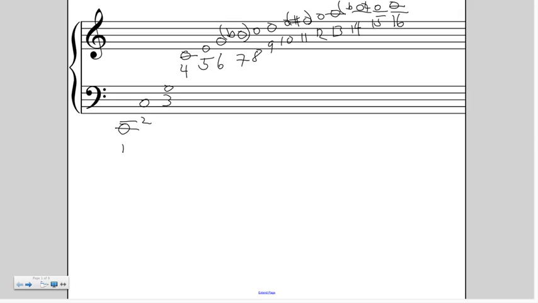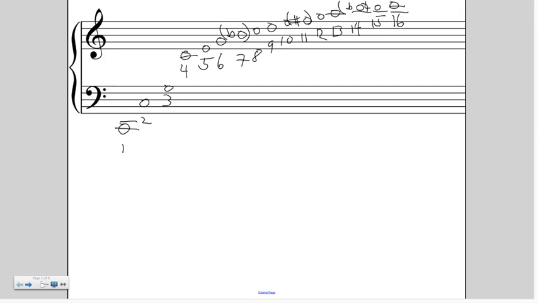So what are the intervals that we're going to be looking at? If we go back to the overtone series, refreshing our memory on that again, I've started an overtone series on the low C. This could start on any particular pitch in the scale, but just for convenience's sake, we'll start on the low C. The intervallic relationships of the overtone series are always the same.